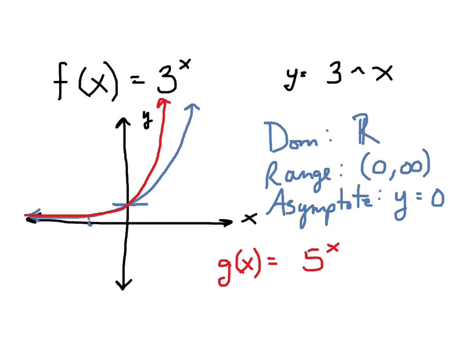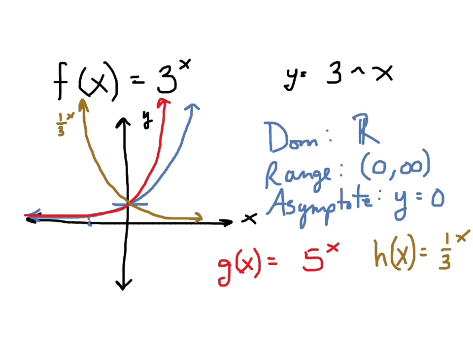If you had something like, I'll make this in brown, we'll go h of x, and we'll go (1/3) to the x. Now you've got a different story. It's kind of the flipped image of the 3 to the x. Now it's going to come down the hill. So if your base is a fraction, it's going to have a downward slope to it. Still goes through the point (0, 1). Still has the same domain and range and asymptote,